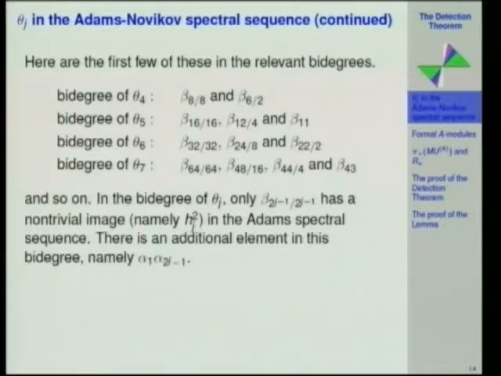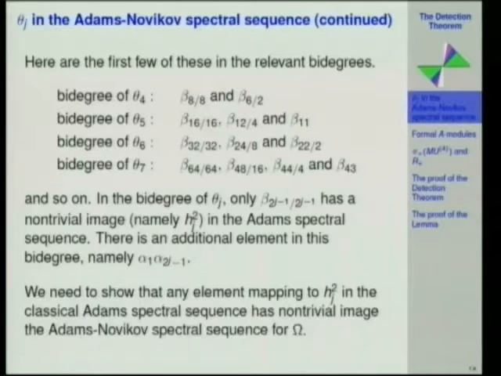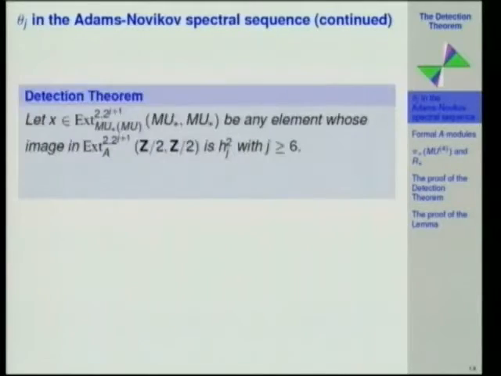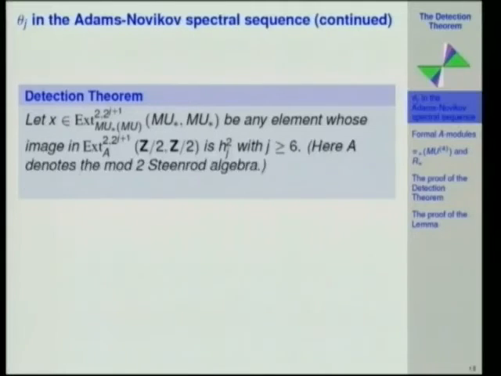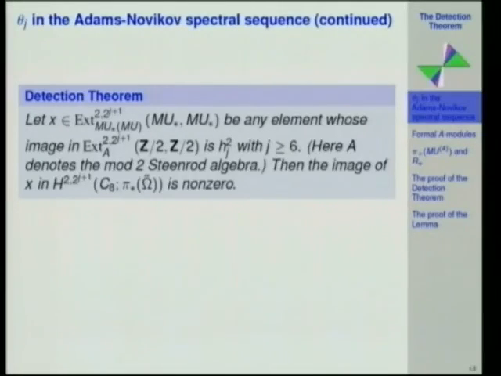Now there is yet another element in this bidegree that is a product of 2 alphas, and we have to deal with that element as well. I'll say more about that later. Okay, so this is the detection theorem. If x is any element in this bidegree whose Thom reduction image in the Adams spectral sequence is hj squared, then we want to say that it has non-trivial image